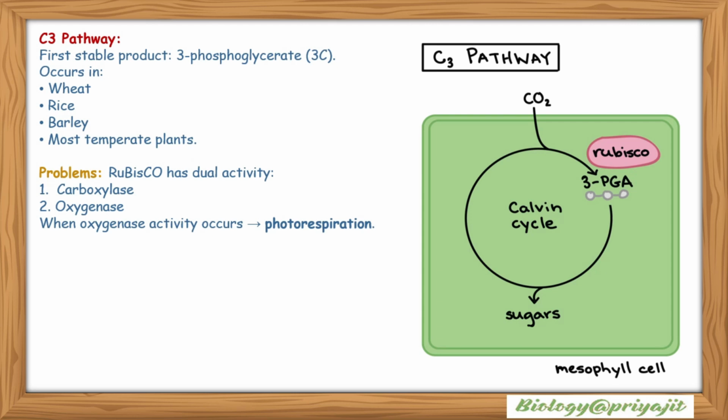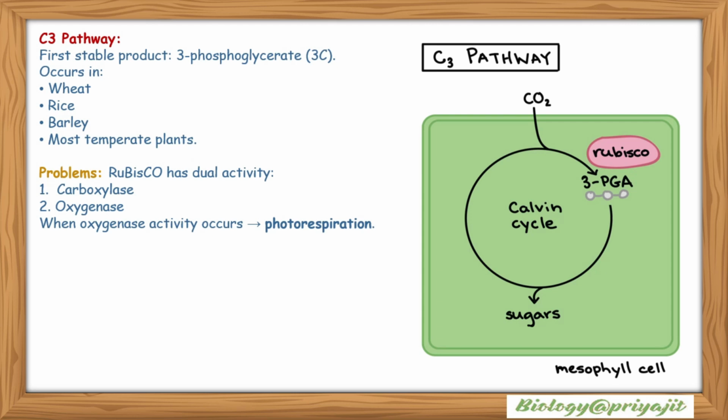cycle. However, RuBisCO has a dual activity. It can act as a carboxylase, fixing carbon dioxide for photosynthesis, or as an oxygenase, reacting with oxygen instead of carbon dioxide. When RuBisCO functions as an oxygenase, a process called photorespiration occurs, which reduces the efficiency of photosynthesis. Therefore, although the C3 pathway is the most widespread carbon fixation pathway in plants, it has the initiation of photorespiration